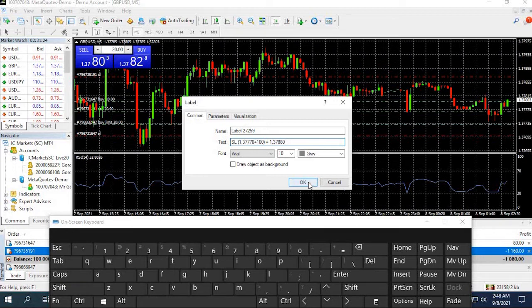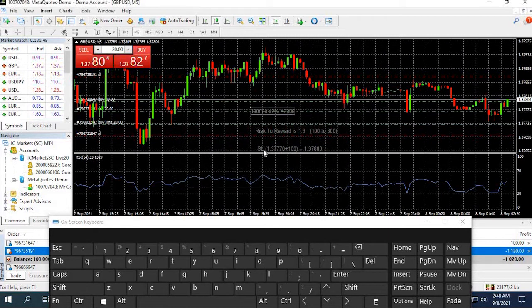So remember, in a sell trade, anything above the current price is going to be a loss. So you want to stop the loss at whatever price, whatever amount of points you decide to risk. My risk in this trade is 100 points. So I want to stop the loss when the market reaches 100 points against me, right? So this is my stop loss for this trade, right? And the take profit